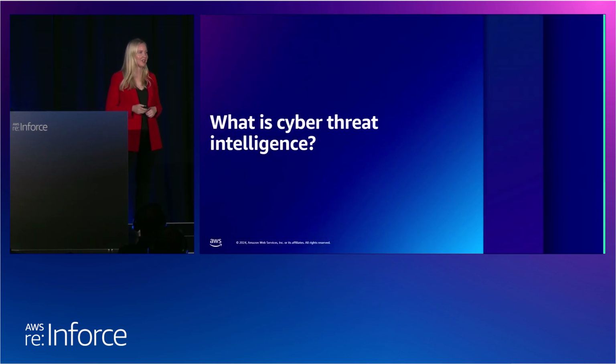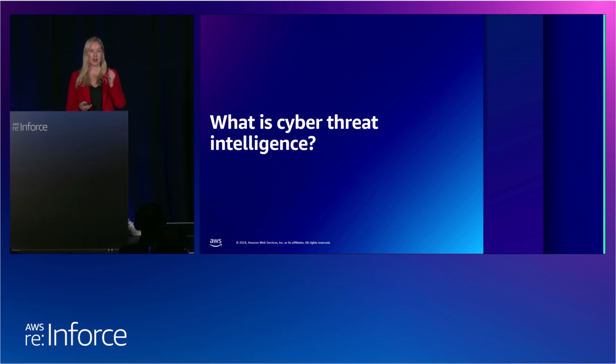So, what is threat intelligence? Wouldn't be a PowerPoint presentation unless we did some kind of definition, right? Cyber threat intelligence is threat information that has been collected and evaluated. So it's evidence-based data that you can use to inform your cyber defense. It often includes information pertaining to things like actor attribution, tactics, techniques, and procedures, motives, targets, and you can also add in things like commentary, as well as things like certainty scores. So you might say that you are 80% certain that this URL is associated with APT28, which is an actor attribution.